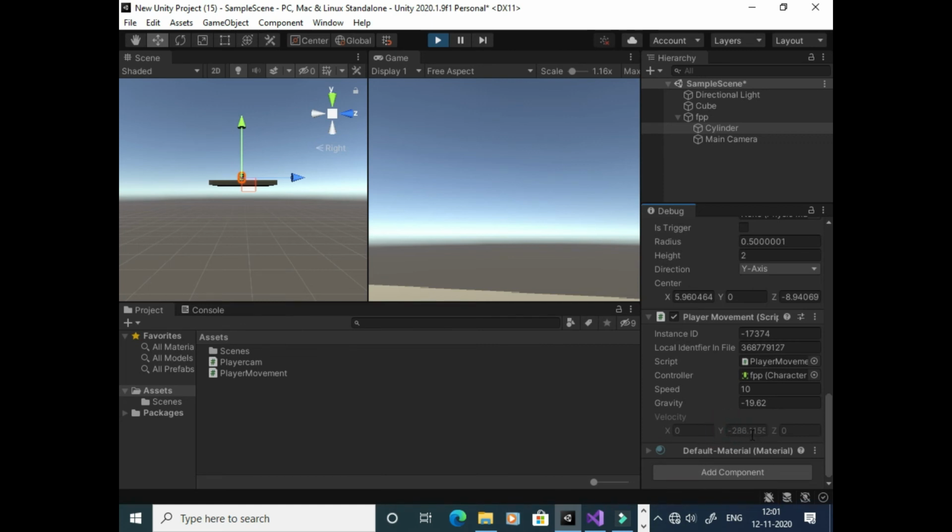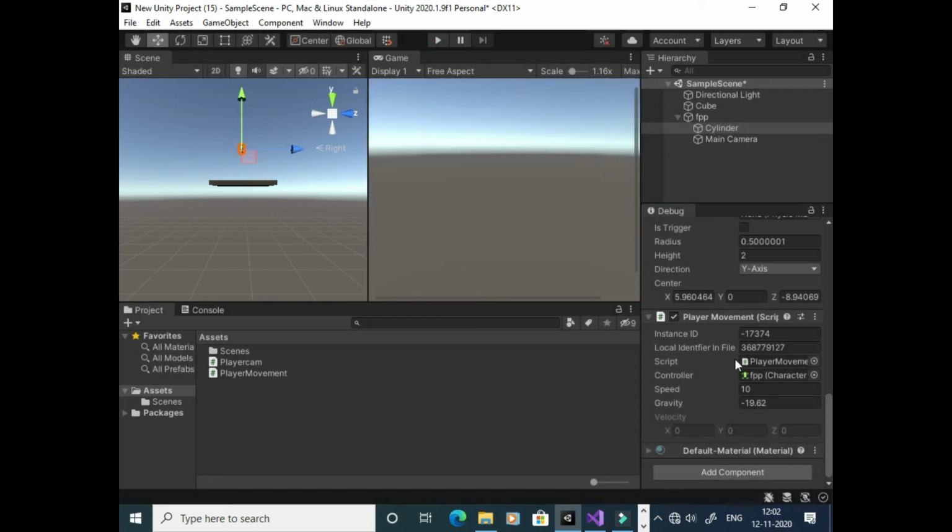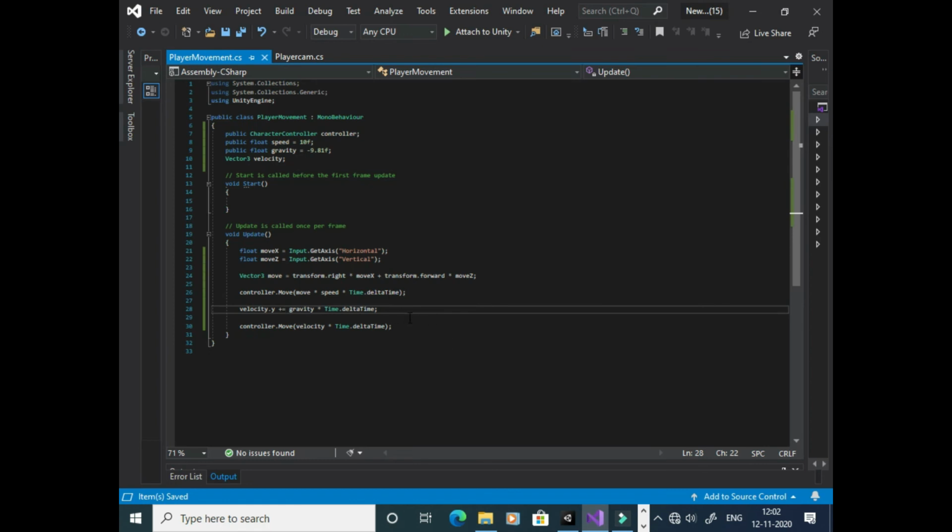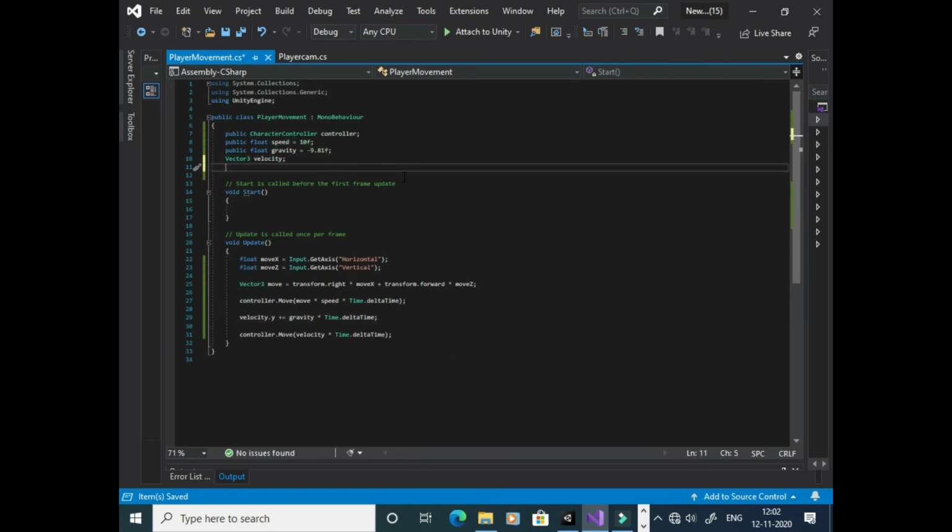So to make this stop, to tell it we are standing on the ground, we need to go back into our script in Unity and make a public LayerMask called ground